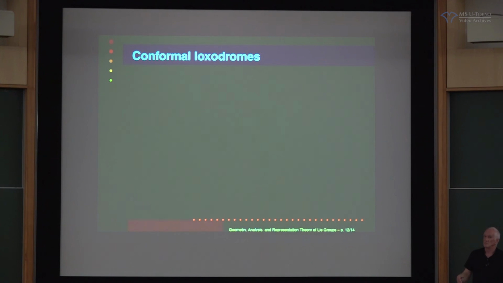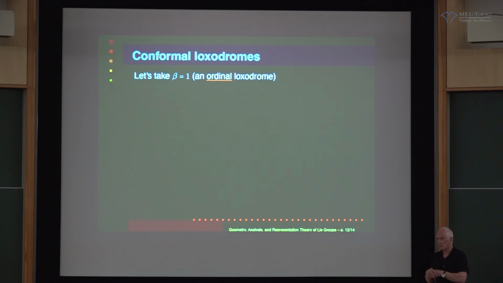And then, by what I was saying previously, you can work out how these curves persist in conformal geometry, in curved versions of the flat model. Now all of this was in 2 dimensions, and it's even a little bit complicated if you take a general bearing. If you take beta equal to 1, that means you're looking at loxodromes which are hitting all of the equators and their translates at 45 degrees.